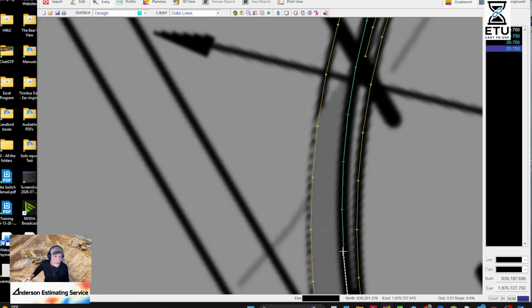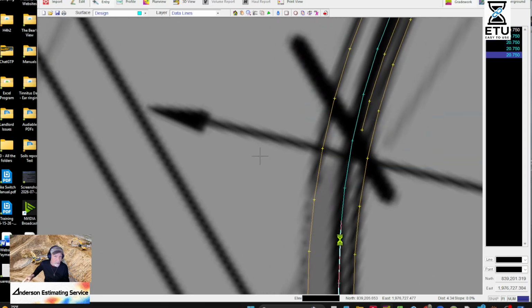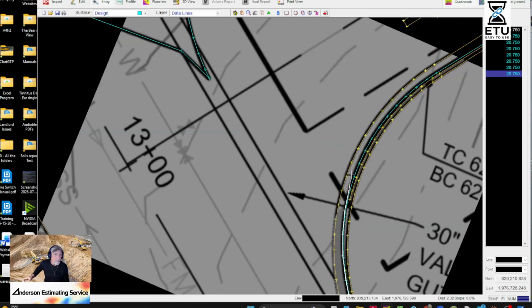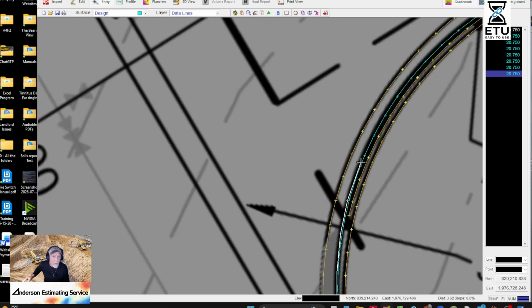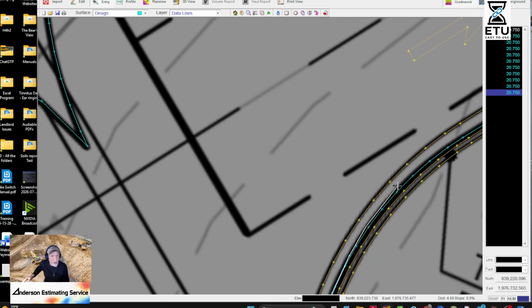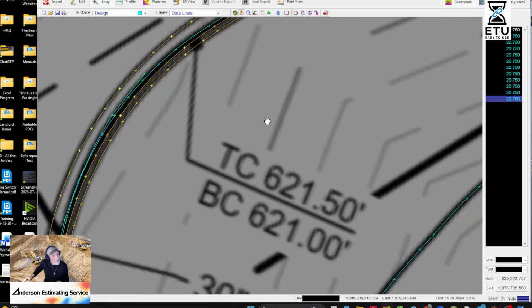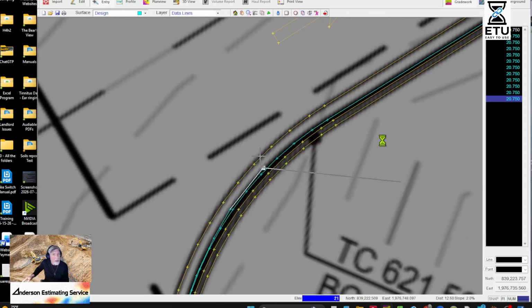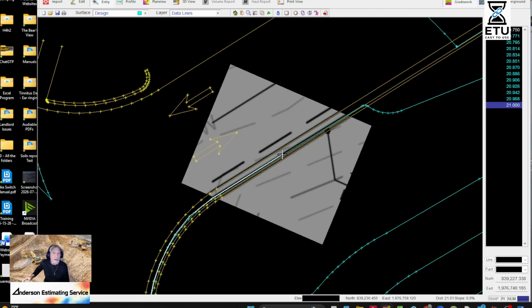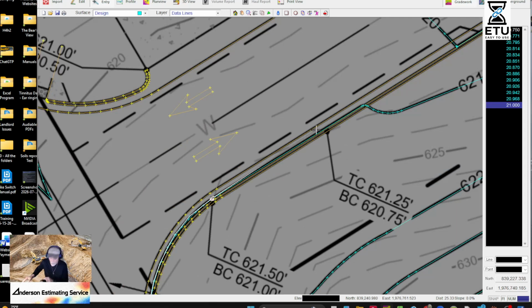You don't want to go back into edit mode. We want to just come up to the next point. And I am looking, oh, there it is. So that 21 sits on the other side. So you got 20.75 and 21. Then it finally should come outside that curve. Unless the next one's 20.75.